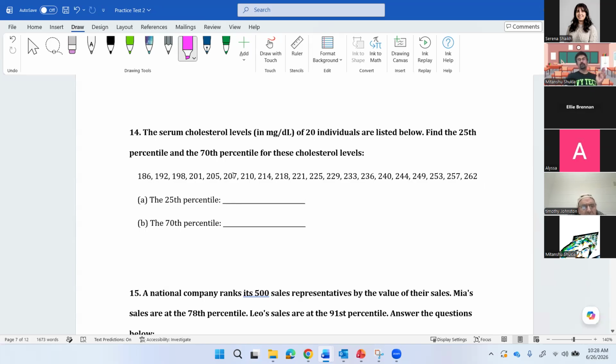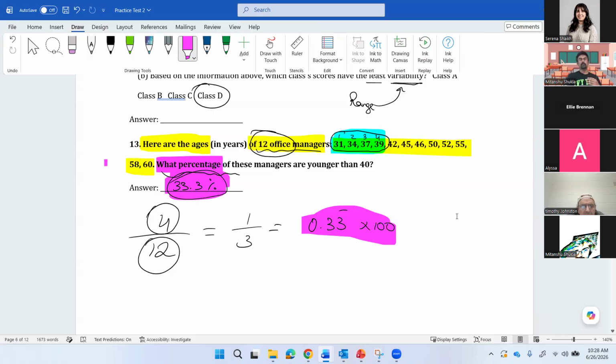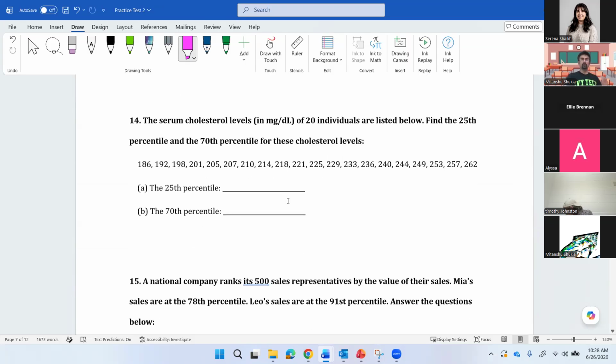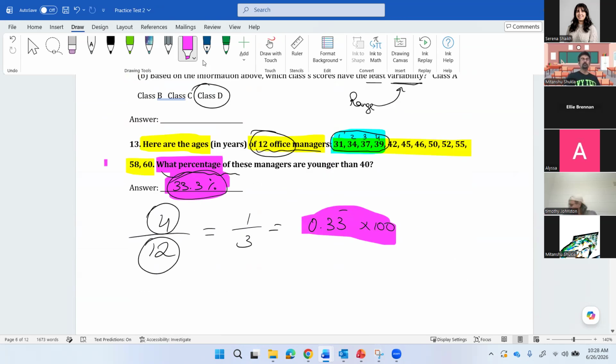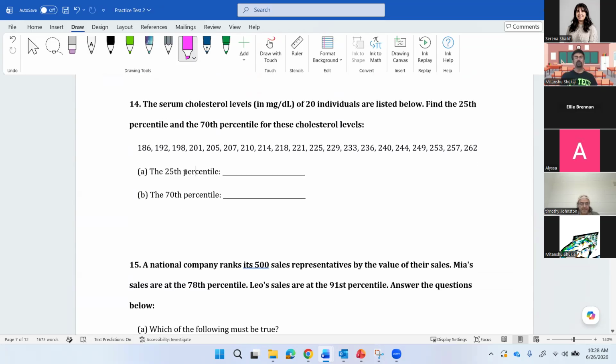Anyway, this one is a little bit awkward. It's not as simple as the last one, where we could just count how many were less than 40 and do that out of 12. Here they're giving us the percentile, and they're telling us, well, who is in that? How many are in there? So what we want to find is this number here, what I've labeled as 1, 2, 3, or 4. Which number is it, the first one, the second one, the third one, and so on, that fits